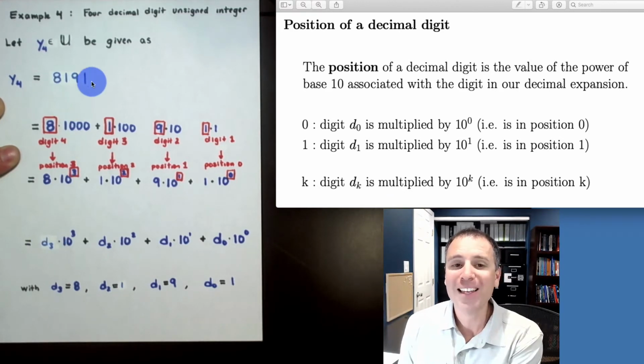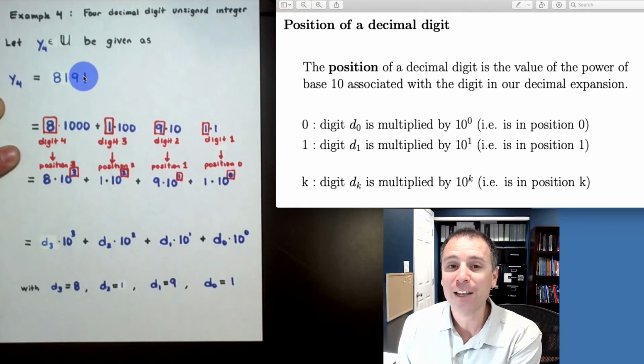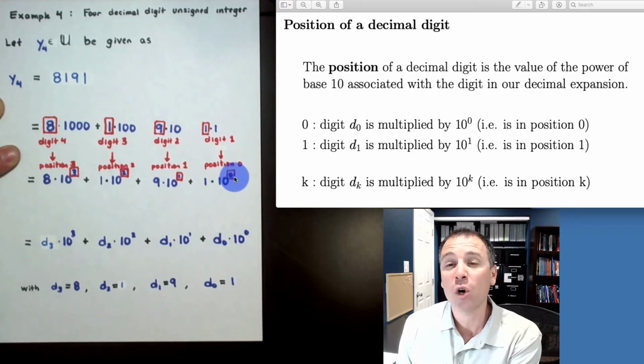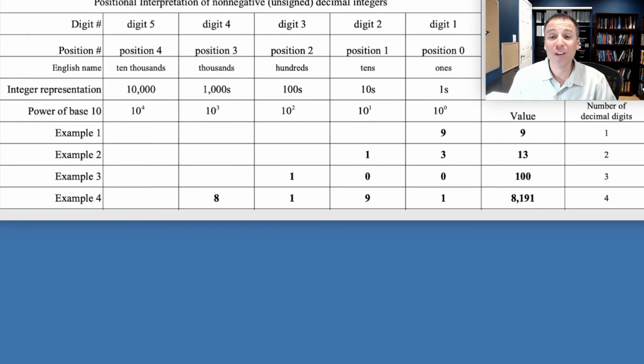And the reason that that is the least significant digit, the value of 1, actually corresponds to D sub 0, or another way to say that, that least significant digit counts the number of 10 to the 0 groups. Once we've defined this position of a decimal digit accordingly, we can actually look back at our 4 examples that we've done so far and start making a connection with the number of decimal digits and the corresponding position used in each of those.